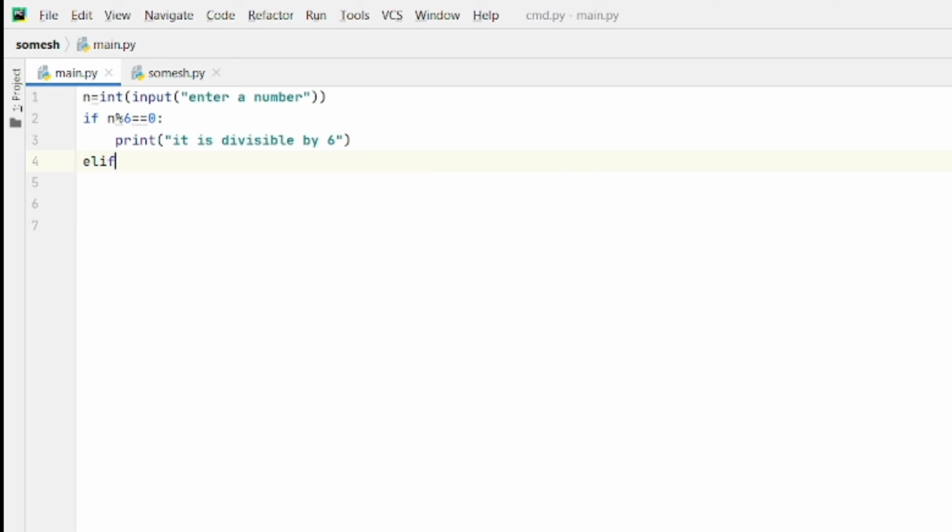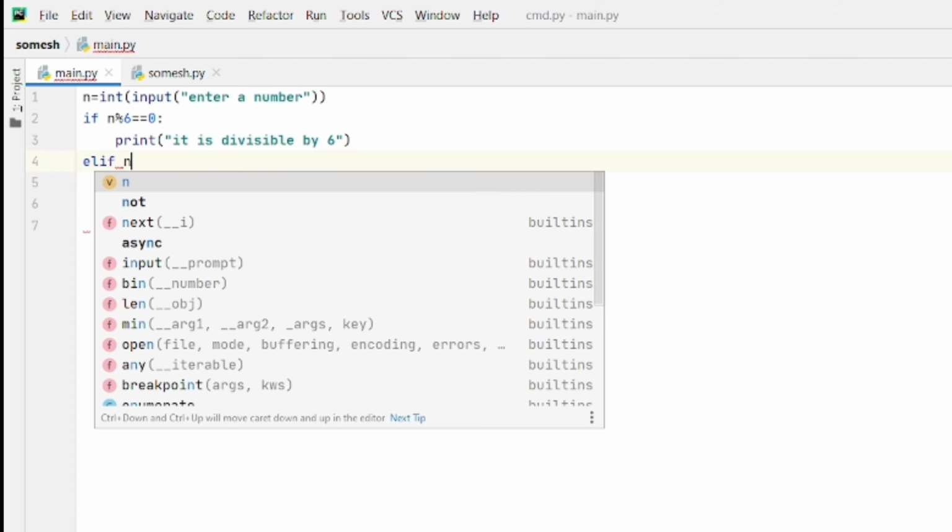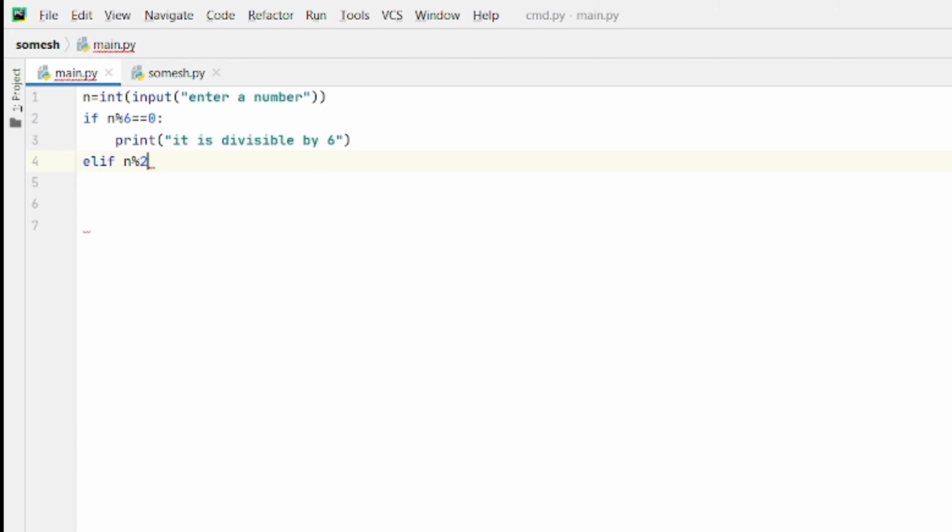If n modulo 3 equal to 0, print it is divisible by 3.